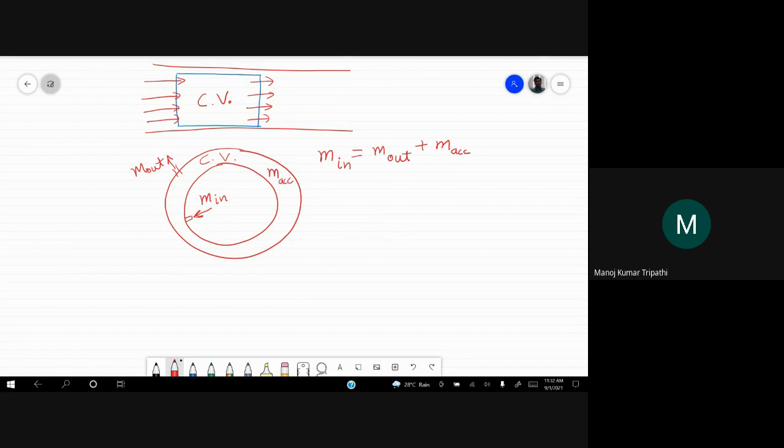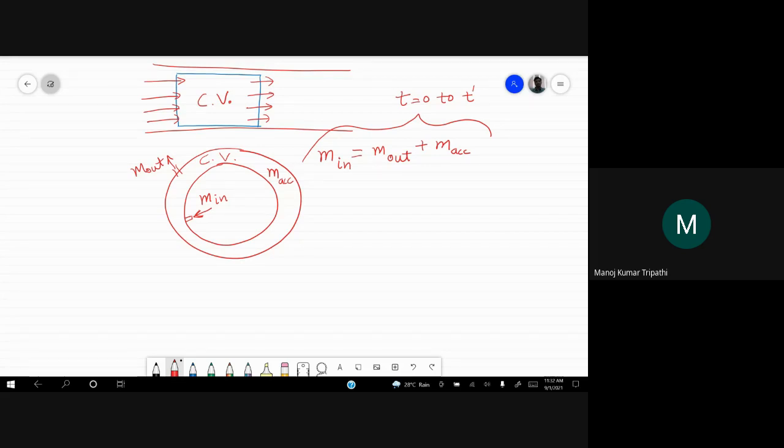But often we don't want to deal in total masses because we have to tell the time also here. In time t, this is valid. So for time equal to 0 to some t prime, this is valid. So you have to calculate m in for time 0 to t prime, similarly m out from time 0 to t prime, and m accumulated from time 0 to t prime. So after that much time, you have to note all these values and put them in this equation.